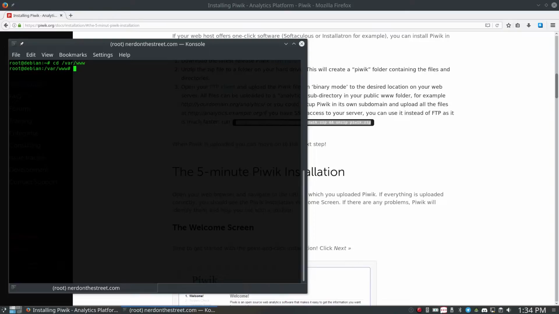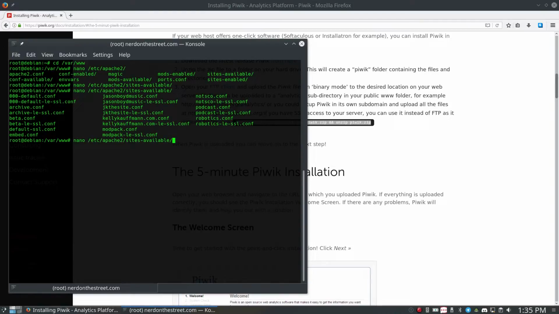So I'm just going to make a new Apache virtual host real quick. For that, we'll just go into sites-available and we are going to copy the existing archive.config. Right now, there's a website. If you go to